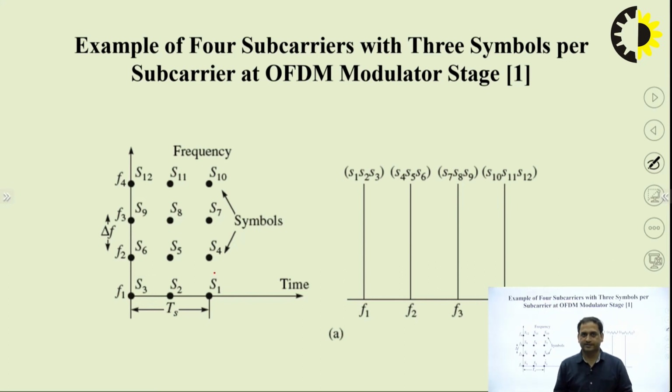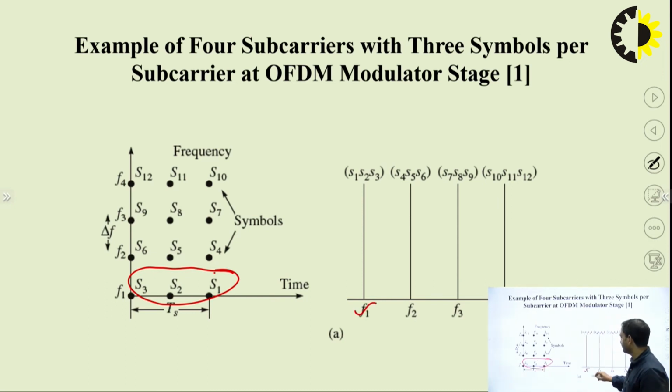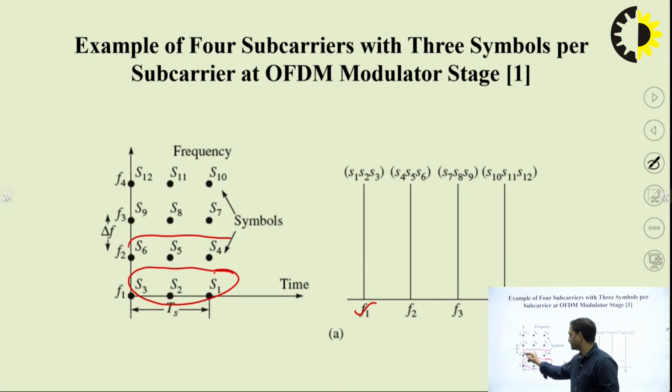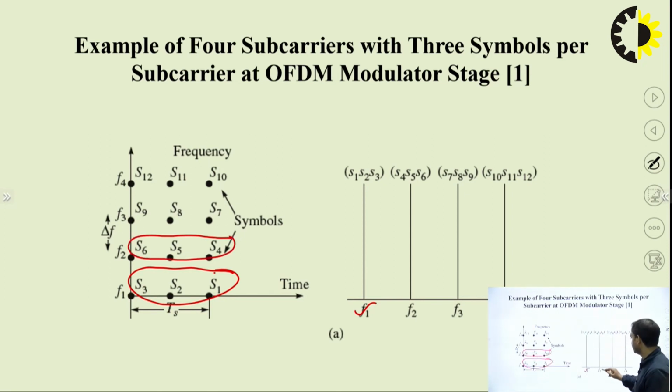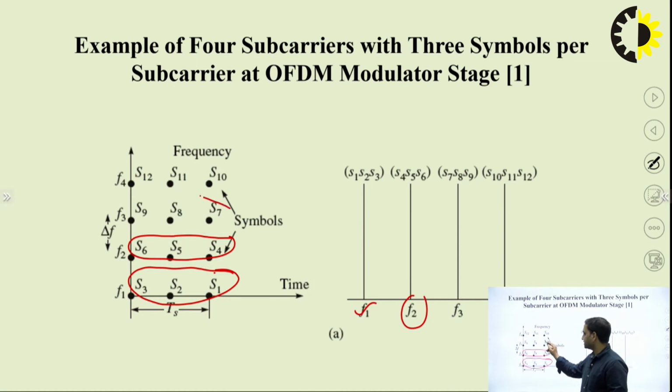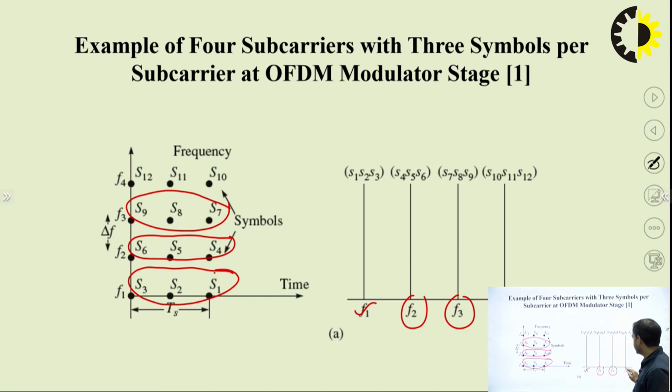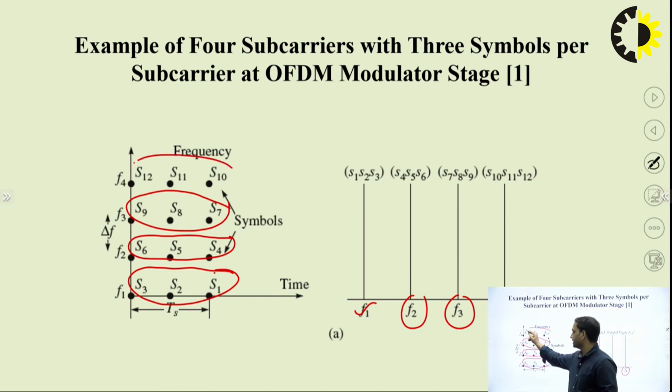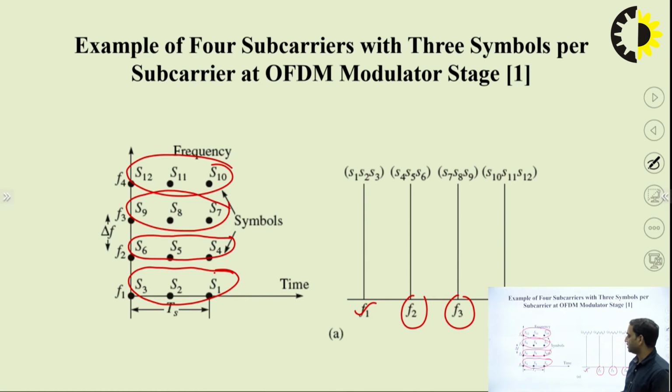It shows that again 4 subcarriers are required. In the previous case it was bit by bit, in this case we have symbols. In this OFDM modulator stage we have 3 symbols, S1, S2 and S3, and these 3 symbols are modulated with the frequency F1. Then the symbols S4, S5, S6 are modulated with the frequency F2. Then S7, S8, S9 are modulated by F3, and the last is modulated by F4. So all these symbols,